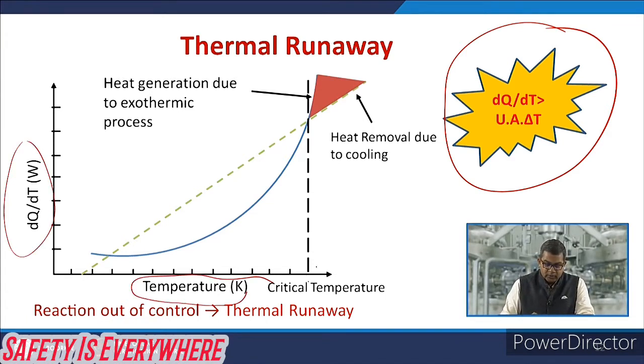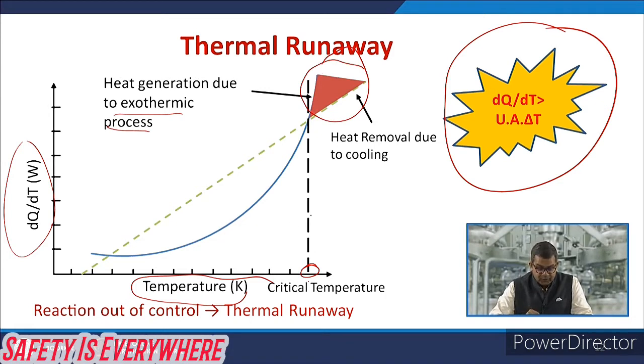So you need to find out what is the critical temperature over which there may be chances of a thermal runaway reaction. In case there is any exothermic process and excess heat is being liberated, then you need to find out how much heat removal is required for cooling, so that it may work below this critical temperature. If it goes beyond this critical temperature range, then there may be a chance of thermal runaway, and you need to take the appropriate safety measures to overcome such a scenario.